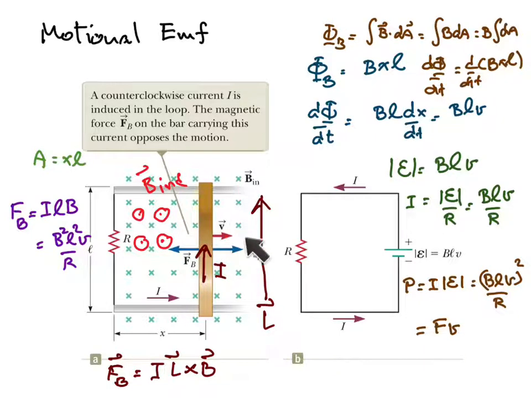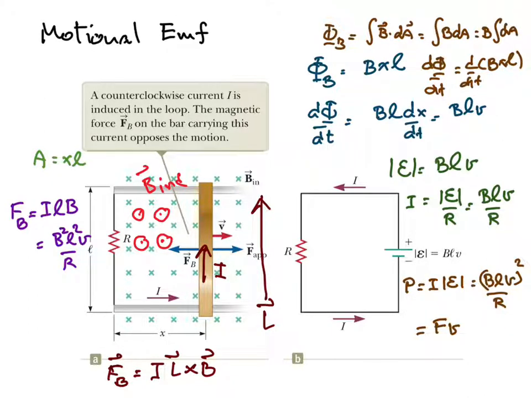This is the reason why we have to apply the force F apply here to maintain the constant velocity V. If there is no magnetic force here, then if you apply a force on this side, it will move with an acceleration. But in this case, you need this force to cancel the magnetic force to maintain the constant velocity V. So we must apply this force, and the magnitude of this applied force must equal the magnitude of